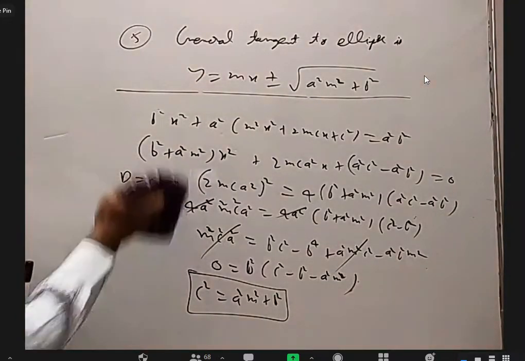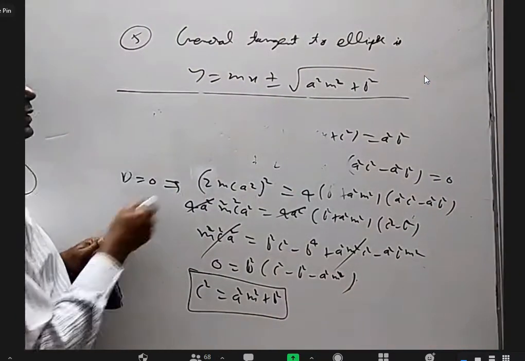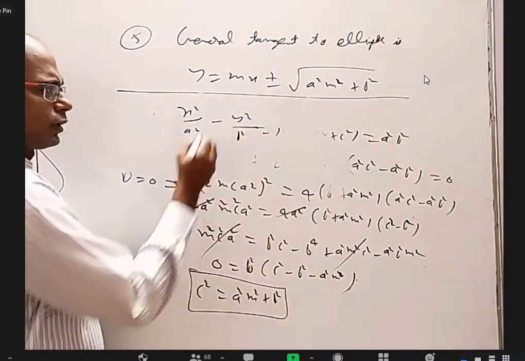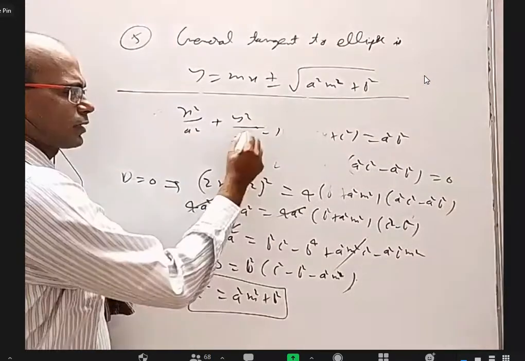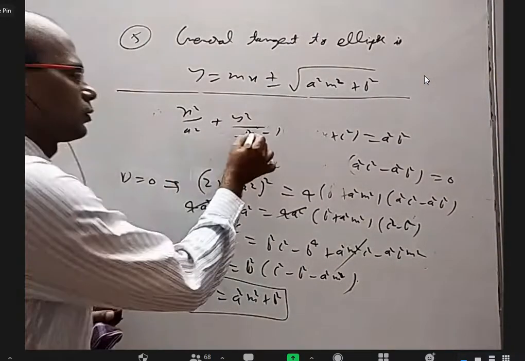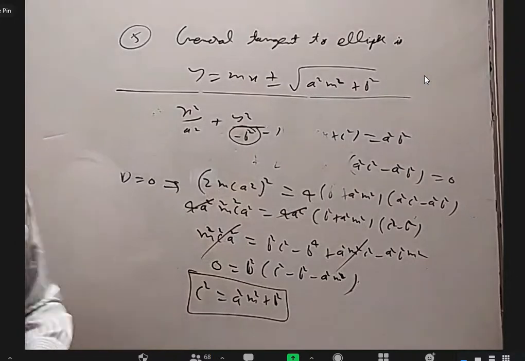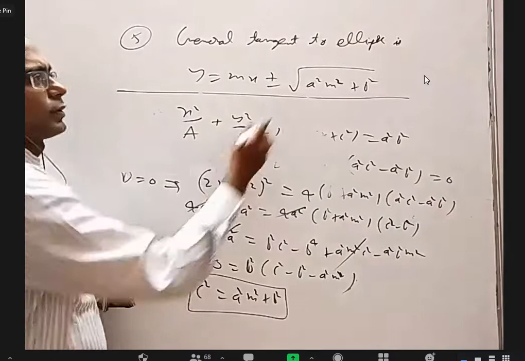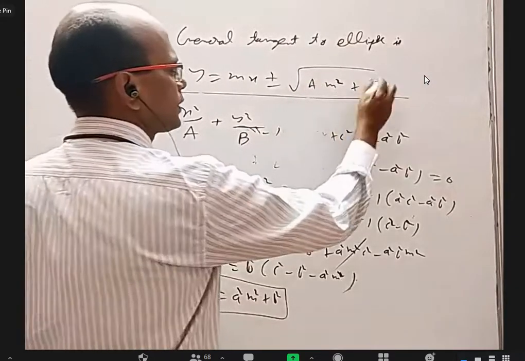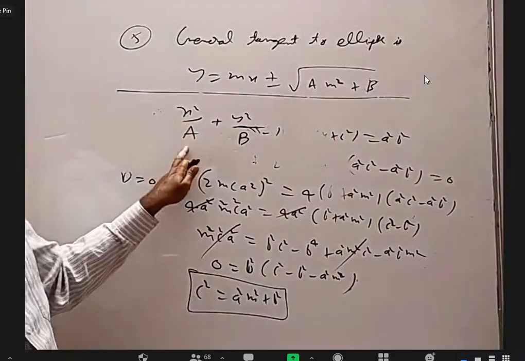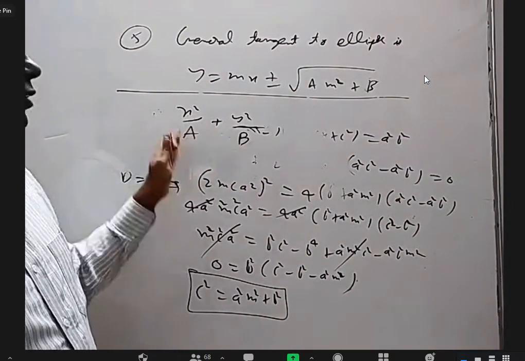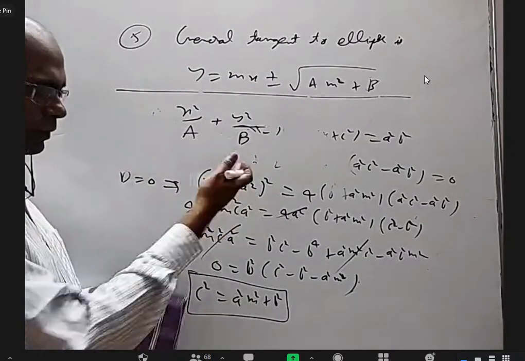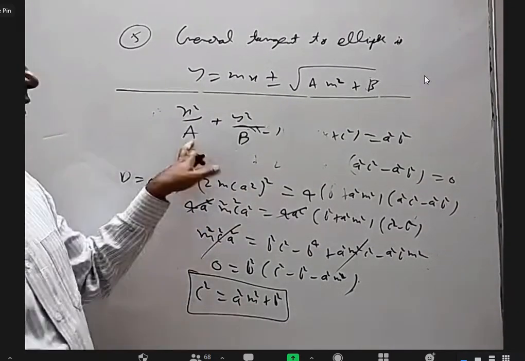Because the hyperbola equation will be x square by a square minus y square by b square equal to 1. You put a plus here and write minus b square. So remove b square and write minus b square. In fact, don't worry about all this. I'll call this a capital A and capital B. It doesn't matter whether this is greater or this is greater or this is negative. Anything doesn't matter, because after all we got it by comparison only. So a square and b square are just capital A and capital B only.